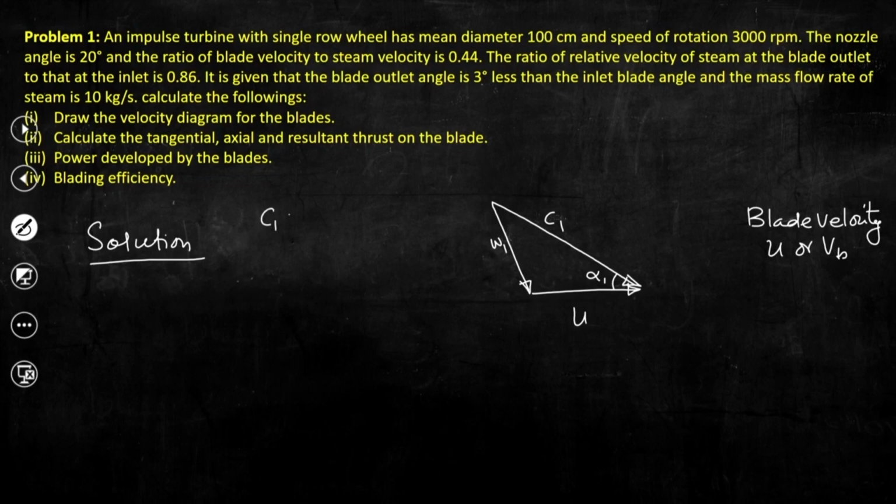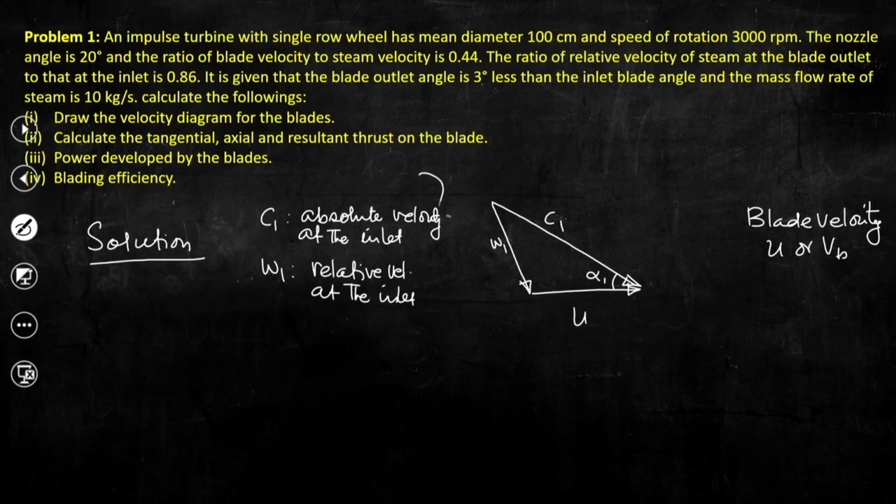So, here C1 is the absolute velocity at the blade inlet, W1 is the relative velocity at the inlet, right. And since I have also discussed this part that blade velocity is calculated based on the mean diameter, and if you look at the problem statement, it is given that the mean diameter of the wheel is 100 centimeter. That means, we can now superpose the outlet velocity triangle on the common blade velocity. So, now if we draw the outlet velocity triangle,